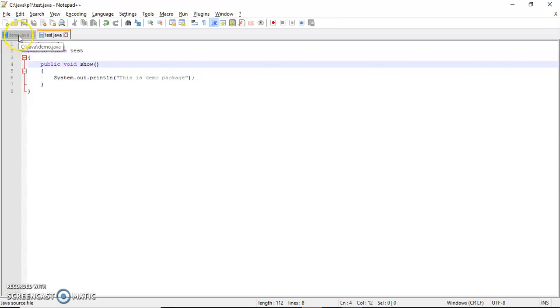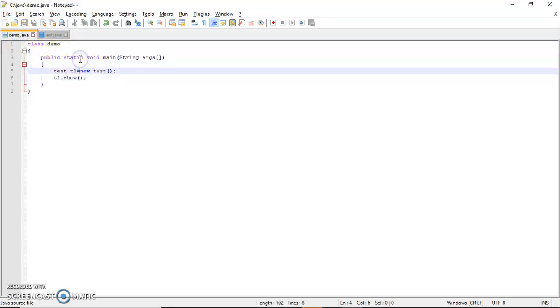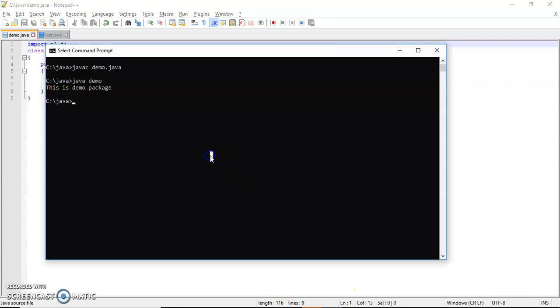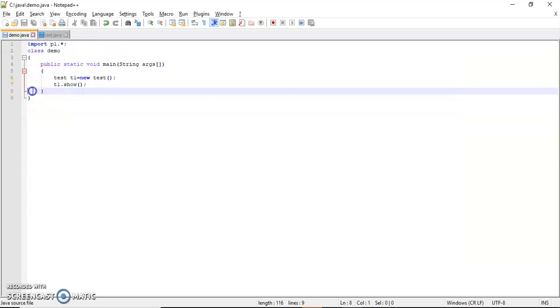Now in demo, I have to import the package. So I will write import p1.*. That means all the properties of that particular package can be accessed. After saving the program, I compile and run, and it works properly.